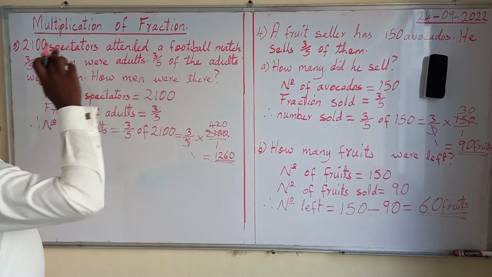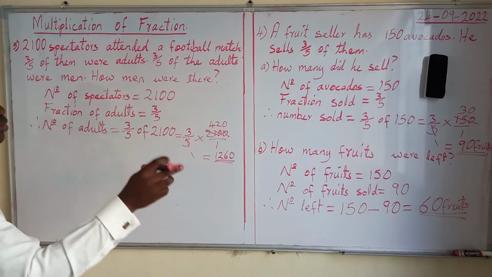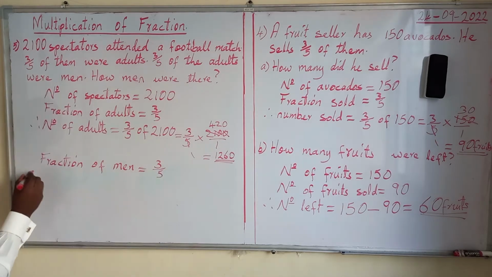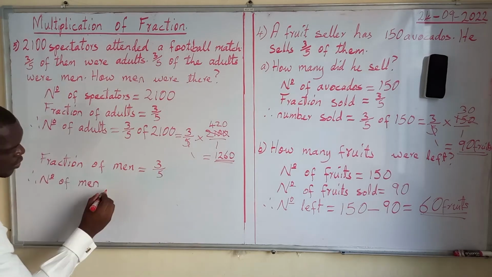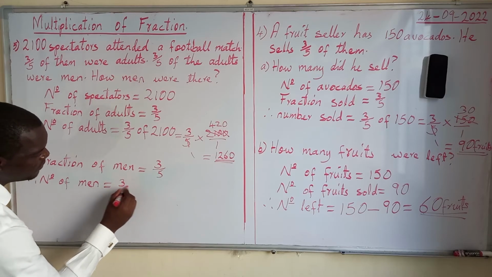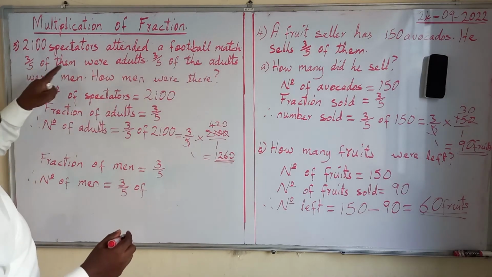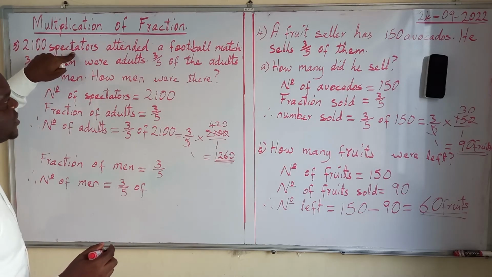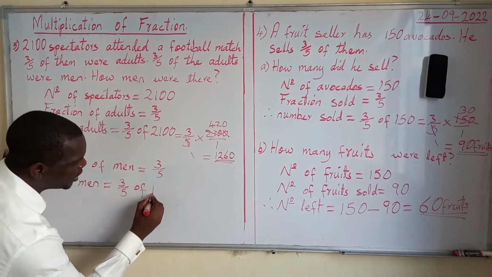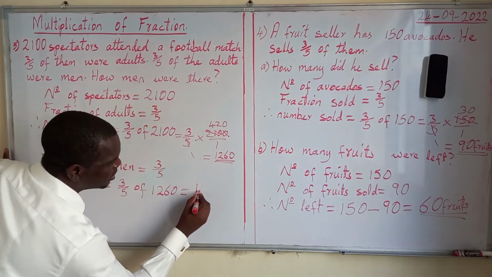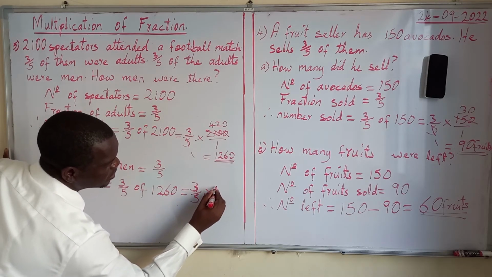What else do we know? Fraction of adults who were men. That's fraction of men, which is equal to 3/5. Therefore, number of men will be equal to 3/5 of the adults. Here it is not 3/5 of the total number of spectators. So here it will be 3/5 of 1,260, which is the same as 3/5 times